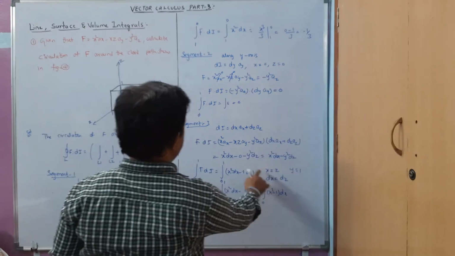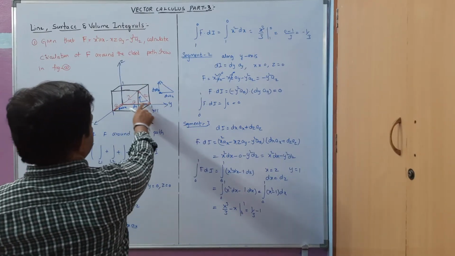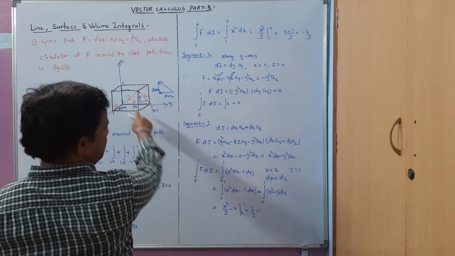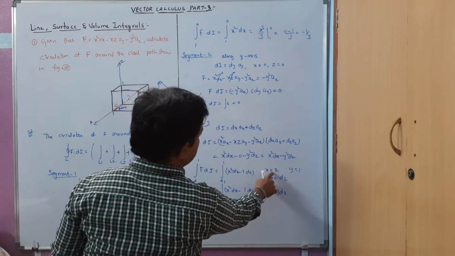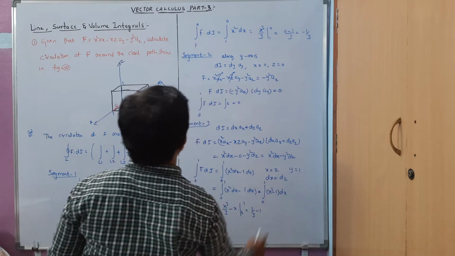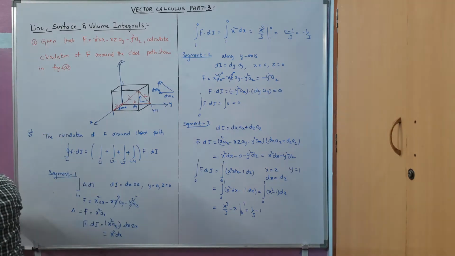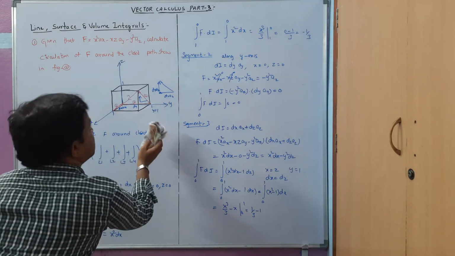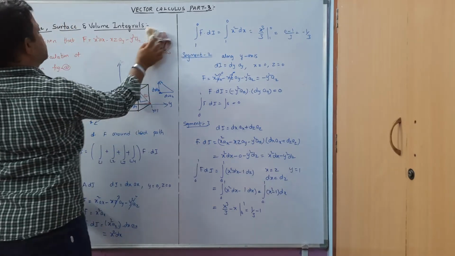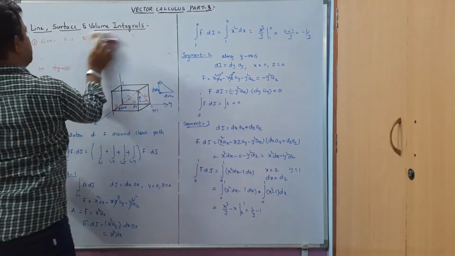So here, both the values are having the same component, that's why we have taken x is equal to z. Here we will get dx is equal to dz. Now we will take the third one, the fourth segment. I will erase this question. For segment 4,